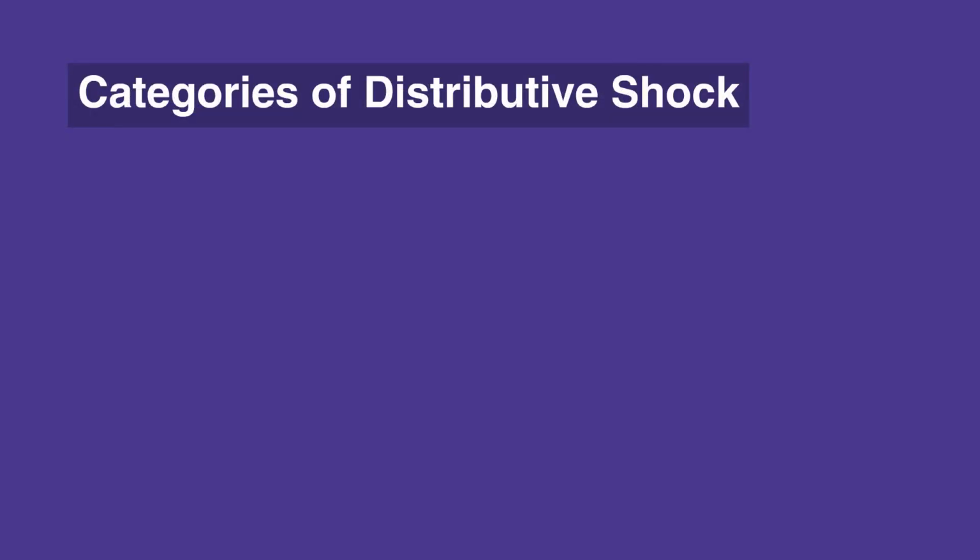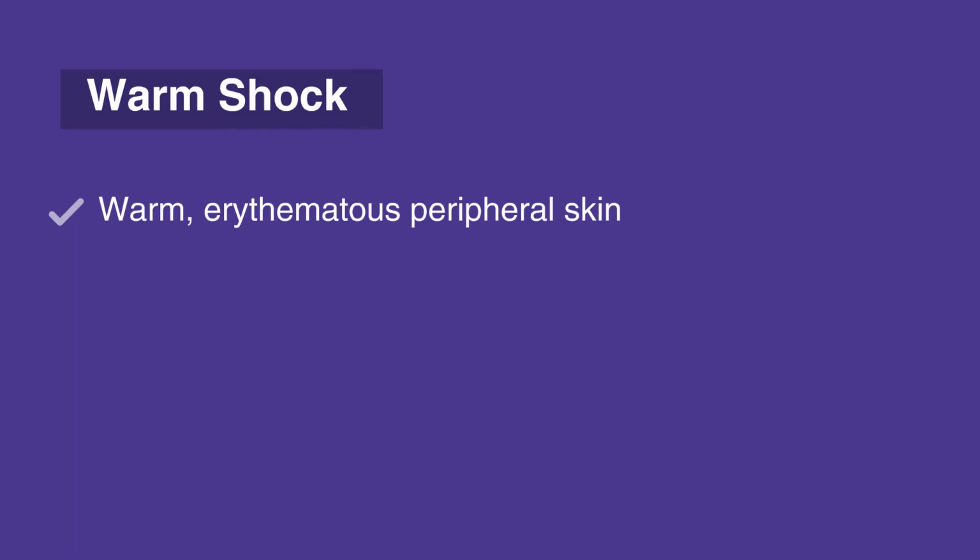Distributive shock is further categorized into warm and cold shock. If the individual is experiencing warm shock, they commonly will have warm, erythematous peripheral skin and wide pulse pressure in the setting of hypotension. If the individual is experiencing cold shock, they commonly will have pale, vasoconstricted skin and narrow